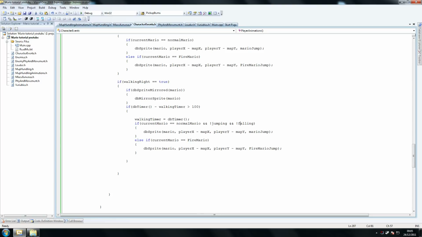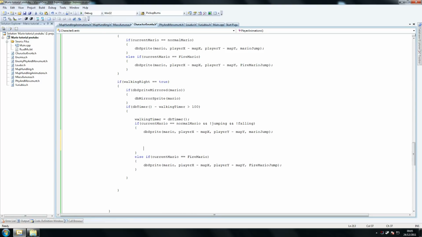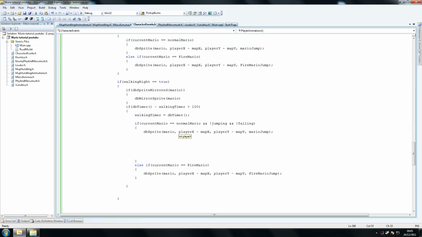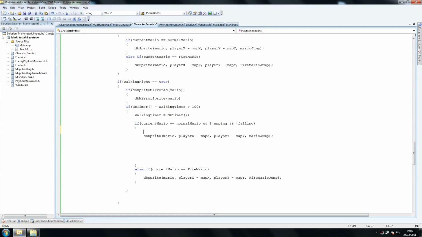So this is a fair bit of code here actually. Need a bit of space here. Walking timer, so we reset the walking timer. Let's get it over there and separate these things. If current Mario equals normal Mario and jumping equals false. Yeah, so what we want to say then here is if db sprite image, so the image within that sprite